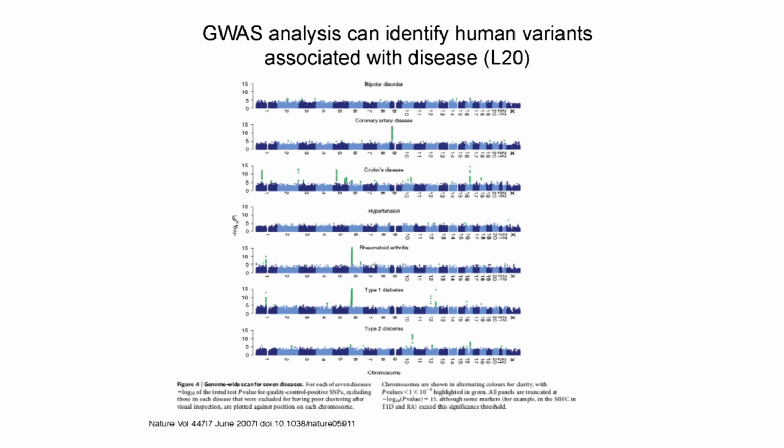And here we have a bunch of results from genome-wide association studies, starting at the top with bipolar disorder, and at the bottom is type 2 diabetes. Looking along the chromosomes, we're asking which locations along the genome have variants that are highly associated with these particular diseases. These are so-called Manhattan plots, because the things that stick up look like buildings. And these sorts of studies are yielding very interesting insights into variants that are associated with human disease.